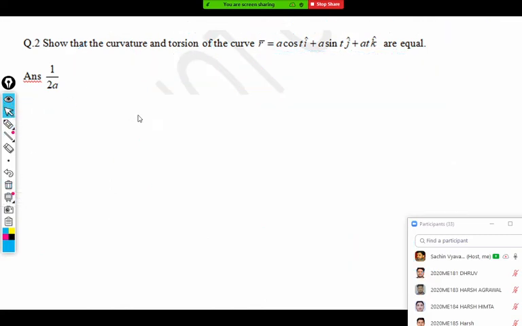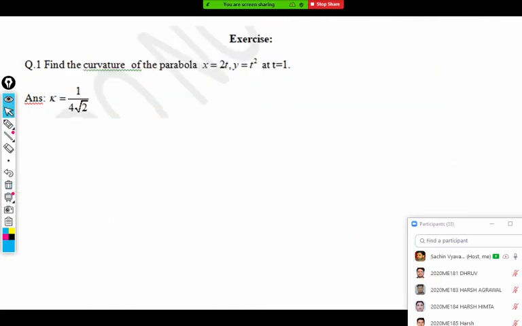So one last question on this topic. Here is one more question: find the curvature of a parabola x equal to 2t, y equal to t square at t equal to 1. Why is the question not for the torsion? Yes, anyone? So it will be 0, 2D curve. Yes, very good. That's the correct answer. As the curve is two-dimensional, the torsion is 0. So a question for such a curve will never be asked for torsion.